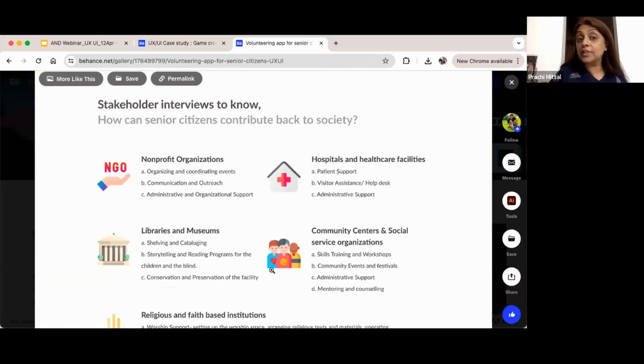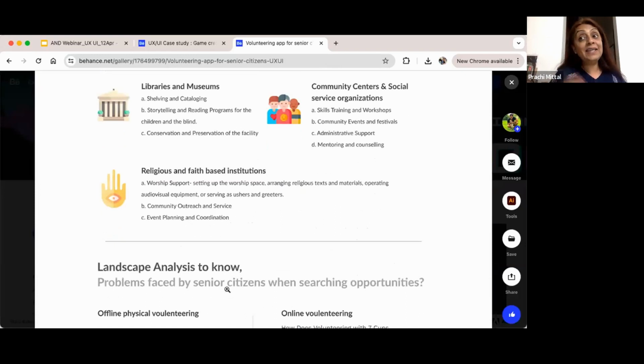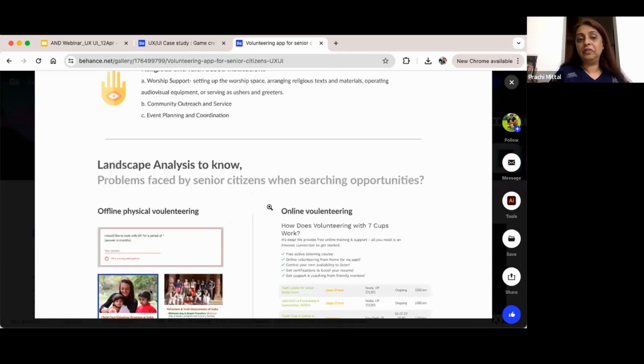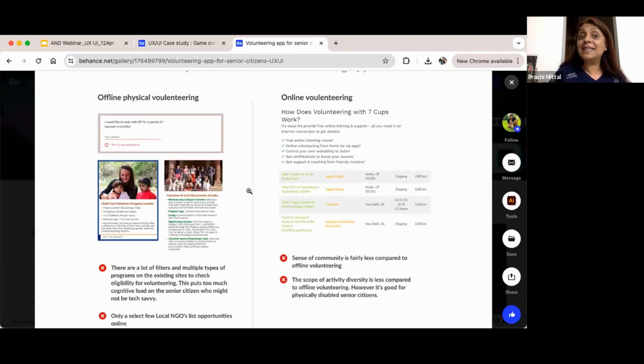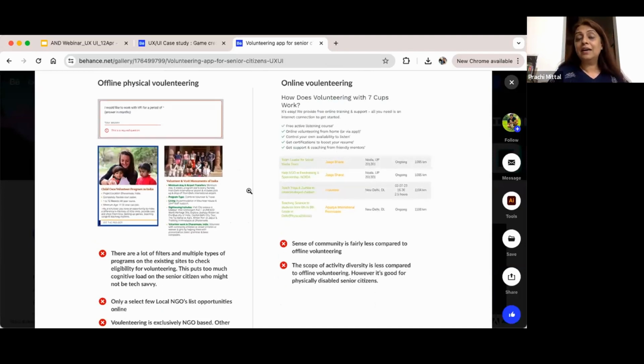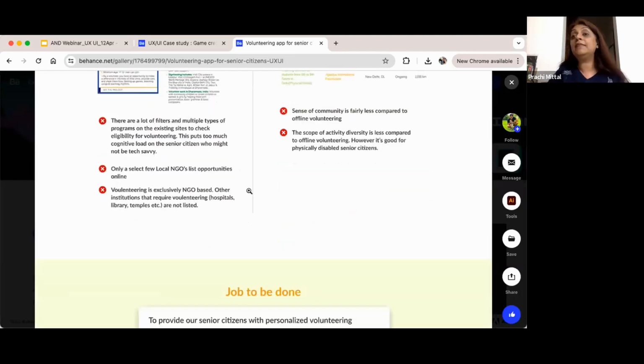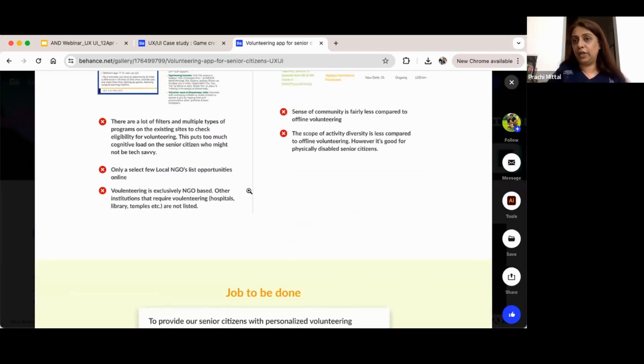He spoke to all the stakeholders: non-profit organizations, libraries, museums, people who need voluntary services. He already had the retirees' point of view, so he then went about understanding the other stakeholders' points of view, and how the volunteering landscape actually works. Are people doing it online? Are people offering offline? How are people connecting and finding opportunities for volunteering?